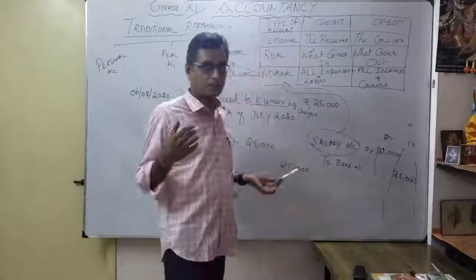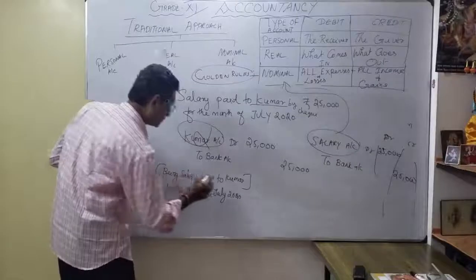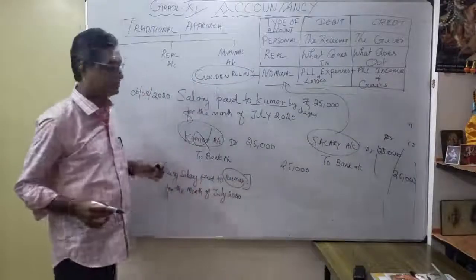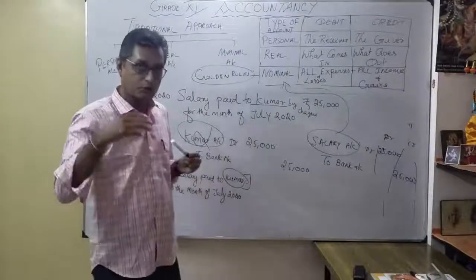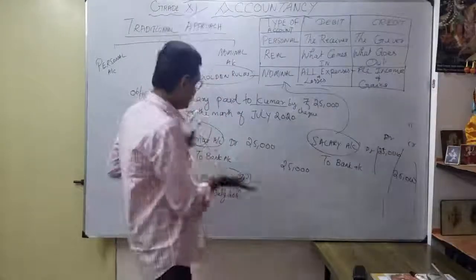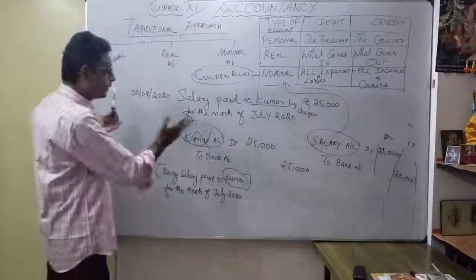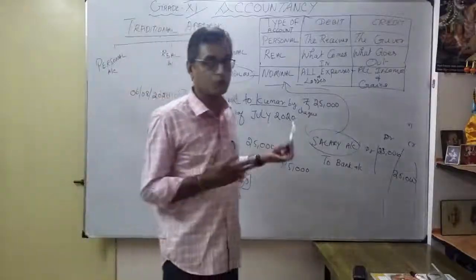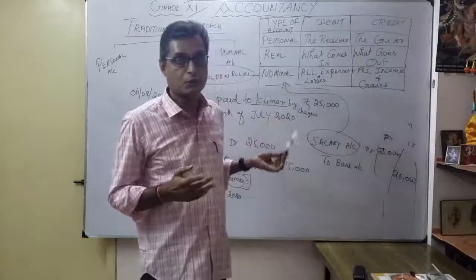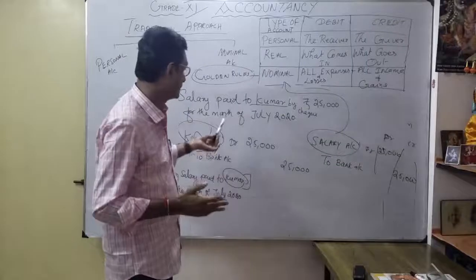That is the problem that will come when you debit the person's name for the salary account. You only mention the person's name in the narration, not here. Suppose you give any loan or salary advance, there you can debit, but you have to mention salary advance, that is a different thing. Now, as a salary, don't debit the person's name, even though he is the person receiving salary, correct?